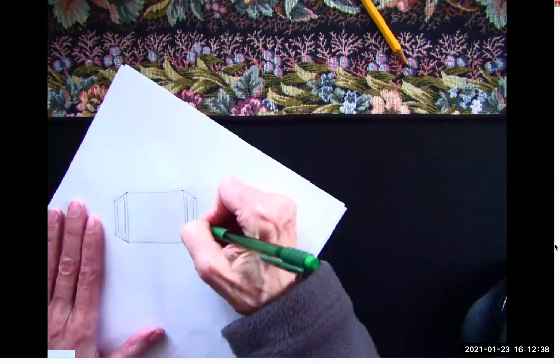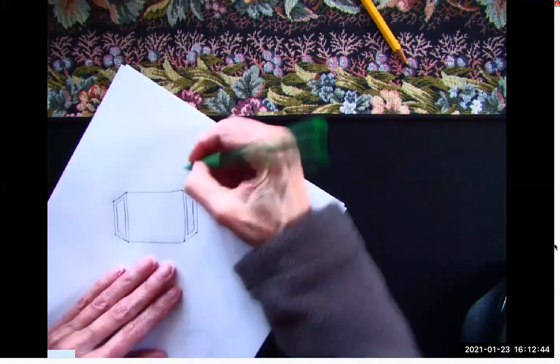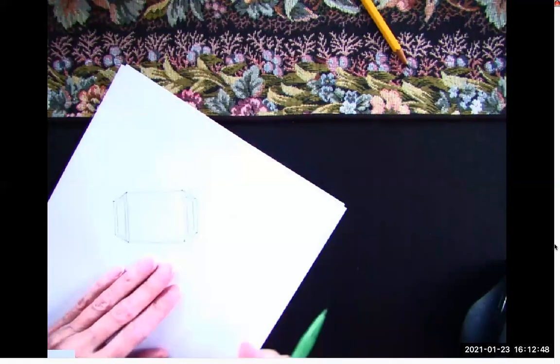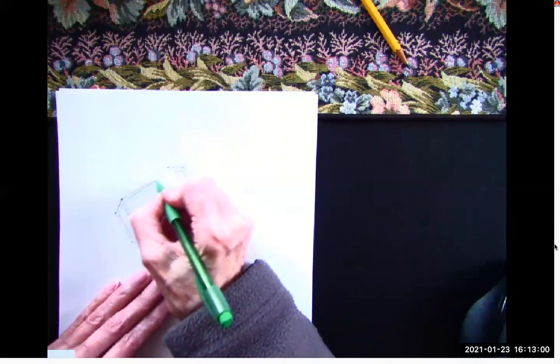So we're just going along and of course, because we're doing it in pencil, you can always erase and go back. Nice thing about art is there's no real right or wrong. So there's my border on the inside of that. And then the next thing we're going to do is make a border inside this big square. So the same thing, we're just going to make a nice border along the inside here